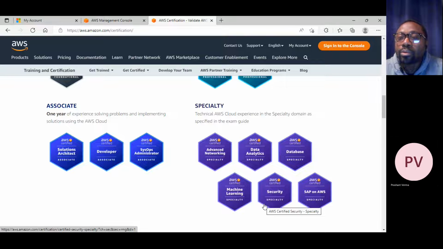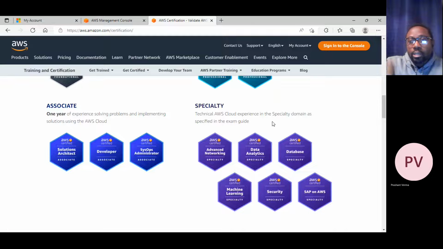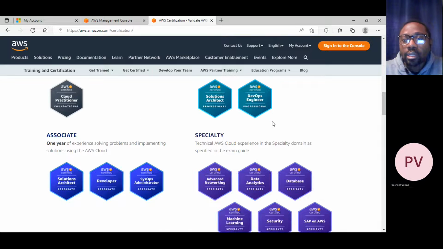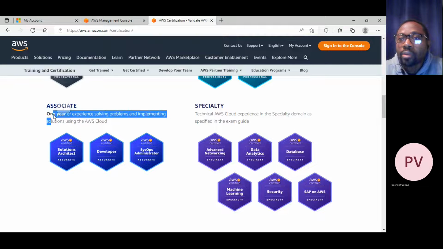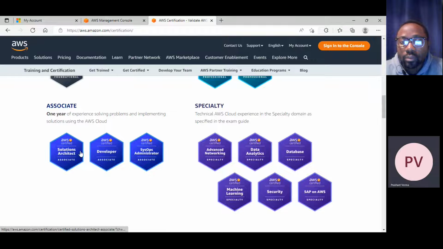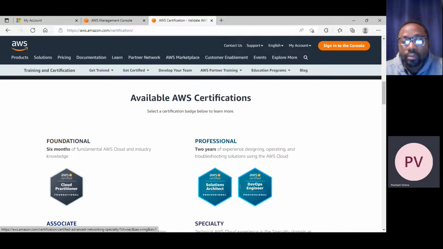So how long does it take to take these specialty certifications? Because the other one says 2 years. How long would it take me if I want to specialize in one? You can do it after Solution Architect Associate, once you have done that certification.